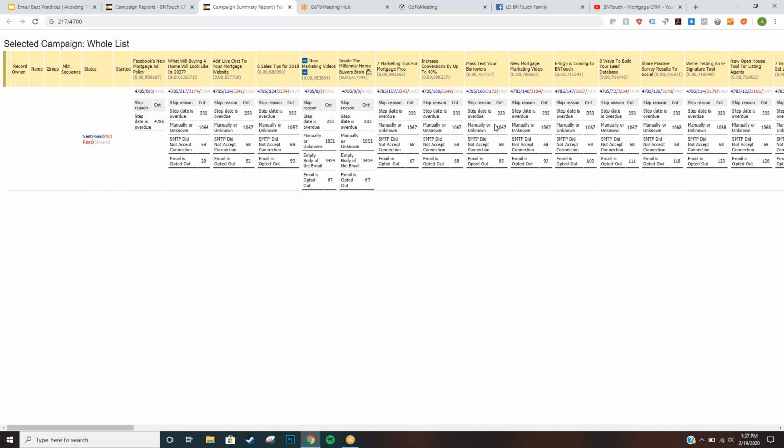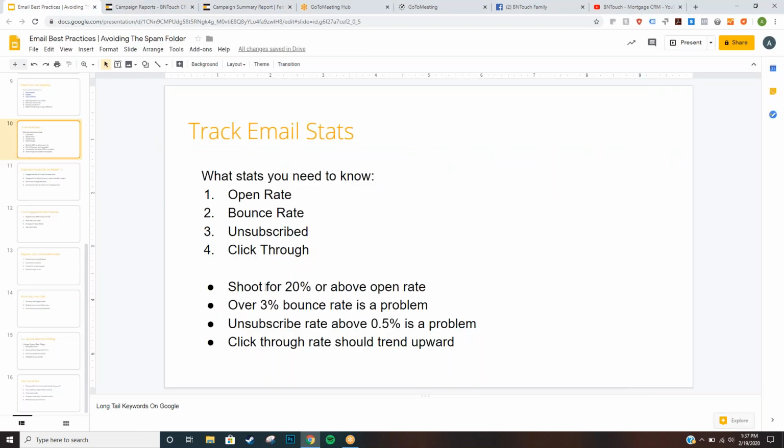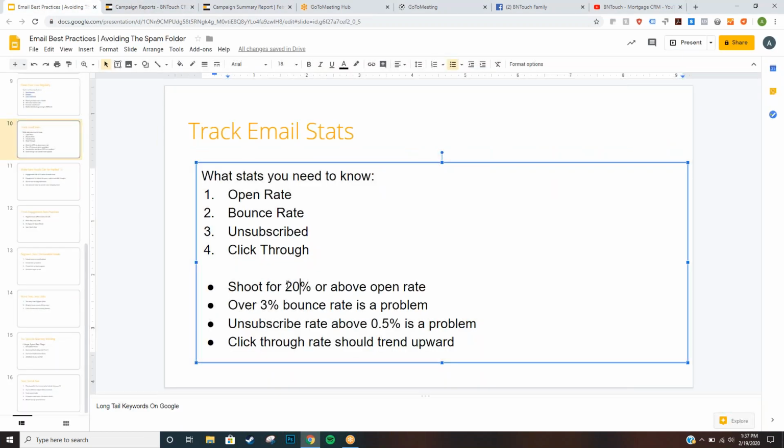what's called triggered within the system, and we started to show to fewer and fewer people in the email service provider, and then it got kicked out. Okay, so as far as open rates, you're going to want to shoot for a 20% or above open rate. Okay, as far as bounce rate, we're going to want to be shooting for a 3%